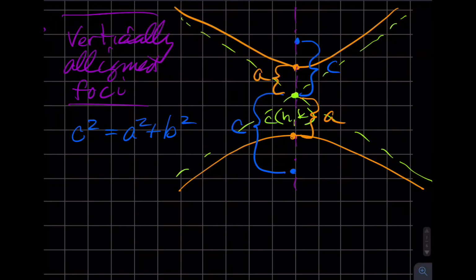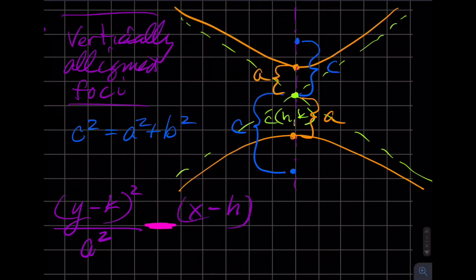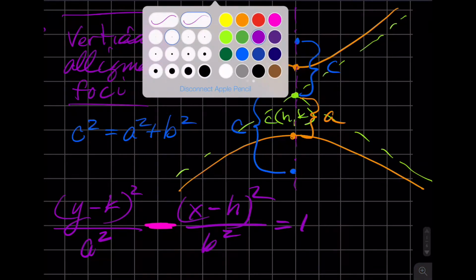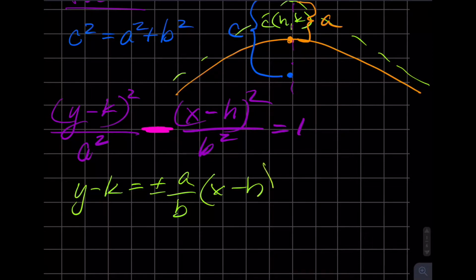Your formula for the vertical, its positive term, hopefully you sorted this out before you even started drawing it, its positive term is the y term. And so I get y minus k, the quantity squared, over a squared, minus, again, this minus sign, which makes it a hyperbola rather than an ellipse, x minus h, the quantity squared, over b squared equals 1. And then the formula for the asymptotes is y minus k equals